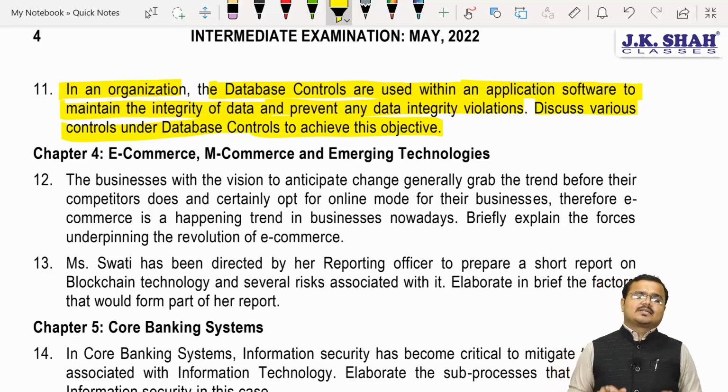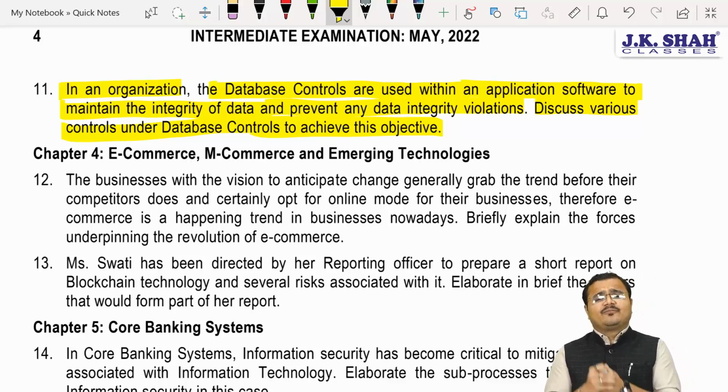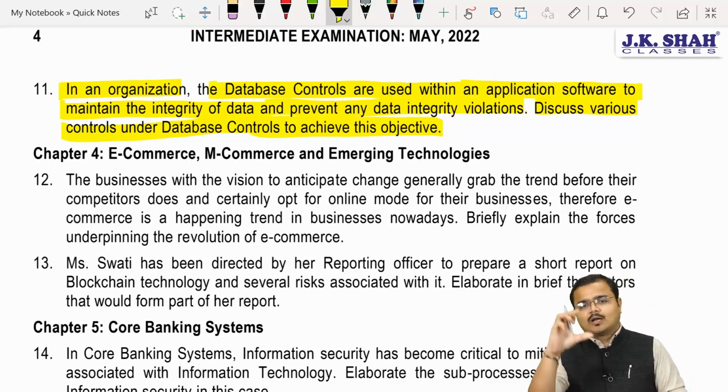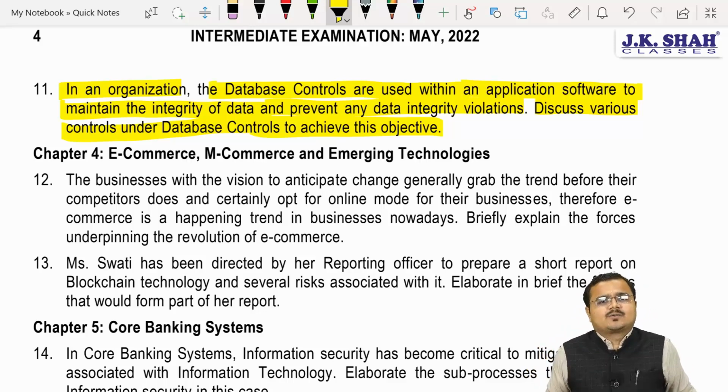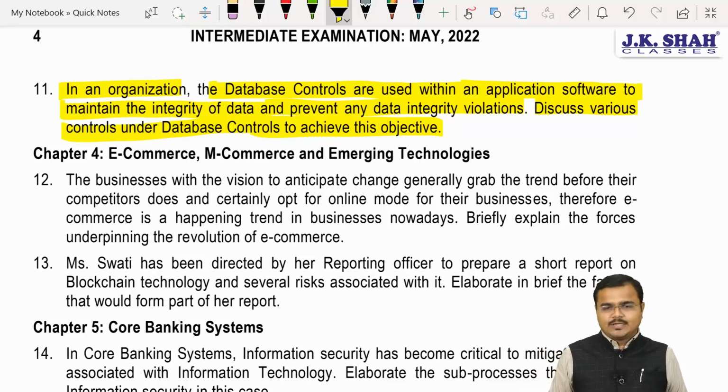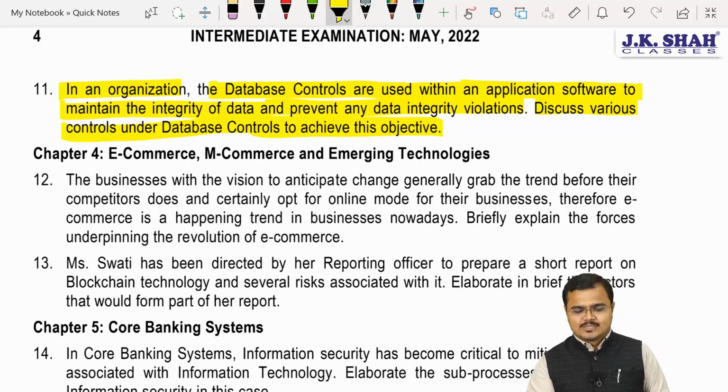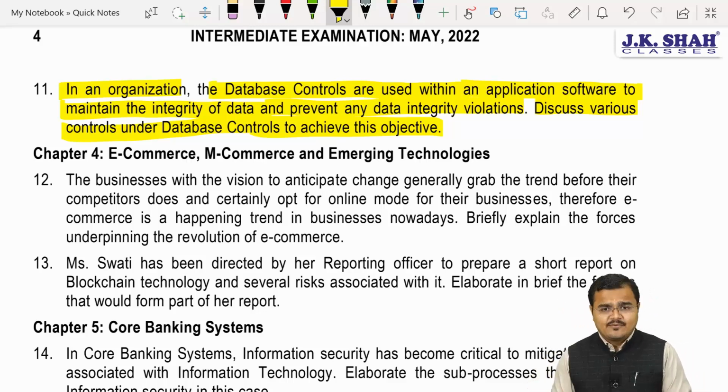Now try to understand one thing, Chartered. This question has been introduced with a few amendments. Earlier they had kept the database control, but they had given a very small explanation, that by appointing only one senior trustworthy database administrator, we can manage the data integrity. But that's not the case, Chartered. So in data integrity, whatever the concepts are there, I'm going to discuss those concepts with you. So please keep your eyes open. Listen to me very carefully regarding this.